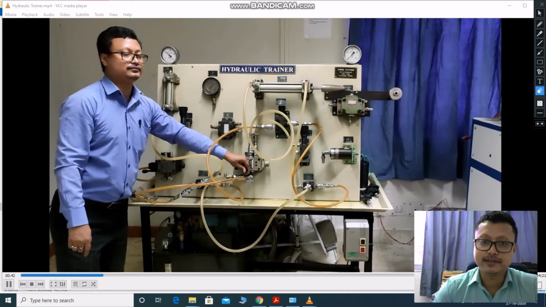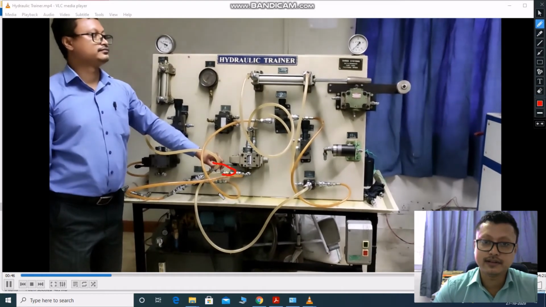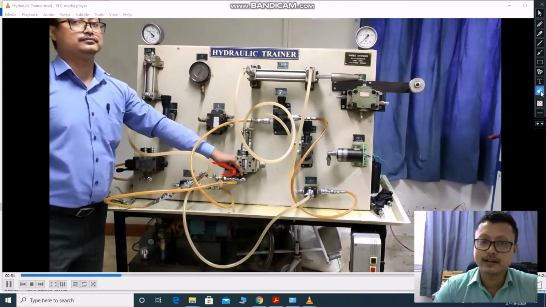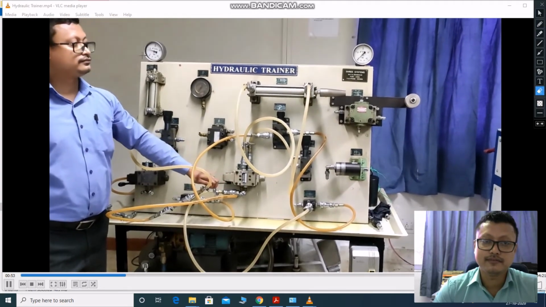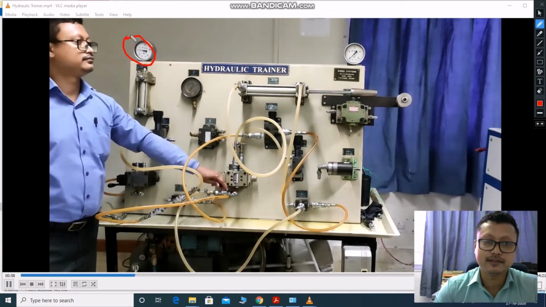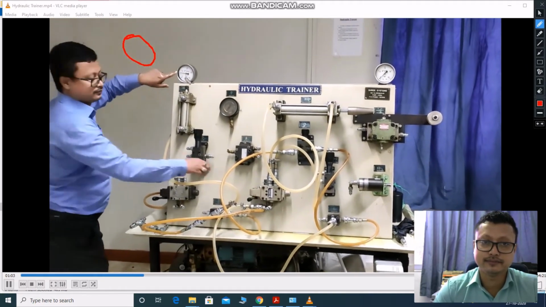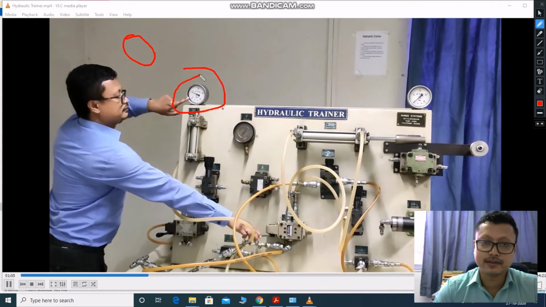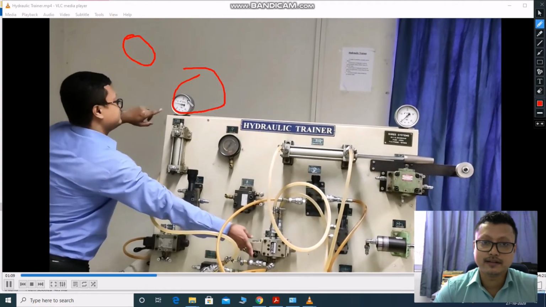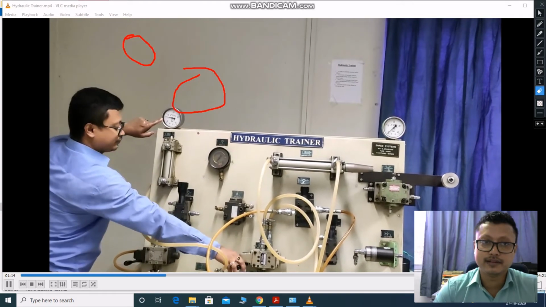So as you see in there, according to switching the lever, the cylinder will go extending or retracting motion. Accordingly, you can observe the pressure of the extending motion and retracting motion. What is the hydraulic pressure? You can observe here in this pressure gauge. So extending is nearby about 10, and retracting will be around 12 bar. It is in bar.